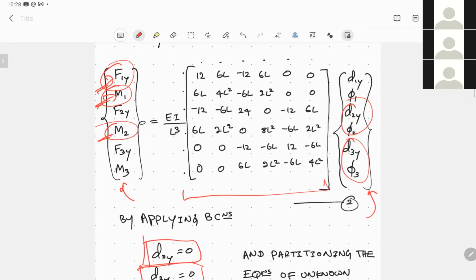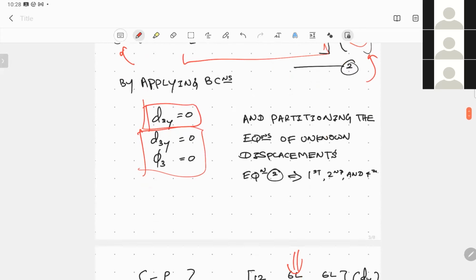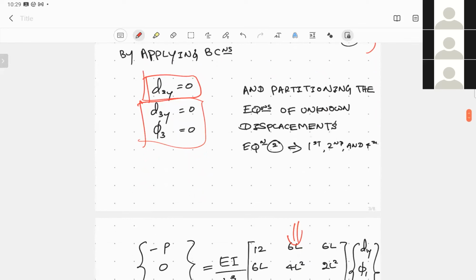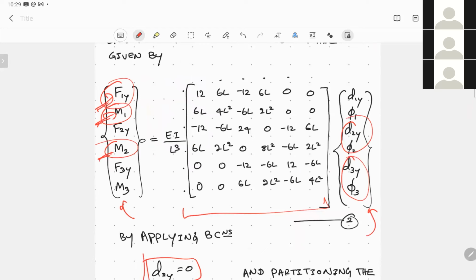Such that once you take all the terms corresponding to zero values, you would get a submatrix. You call it a partition. You have partitioned the matrix so that you use the first, second, as well as fourth equation, which I have just written here, and you have partitioned the relevant matrices based on the